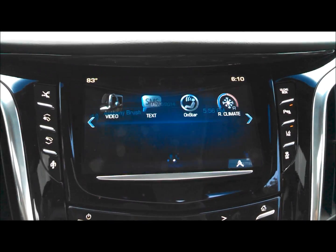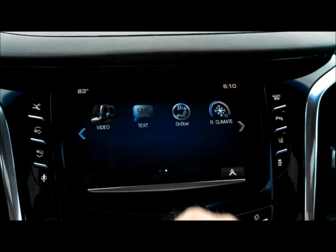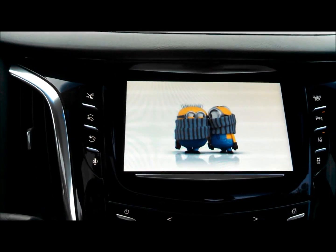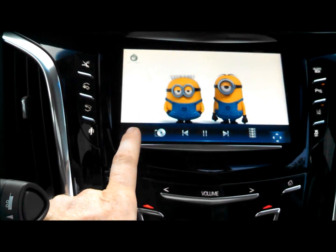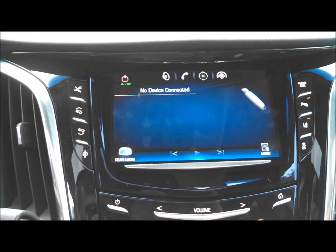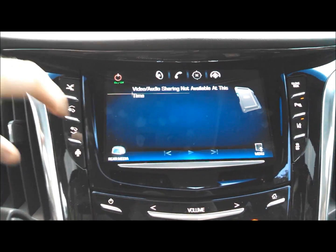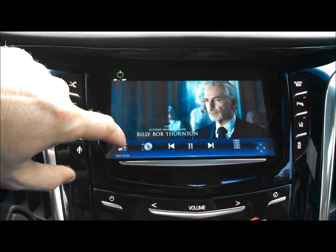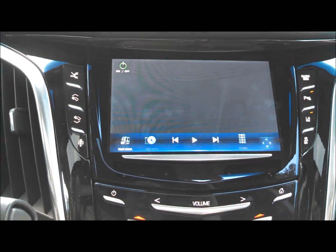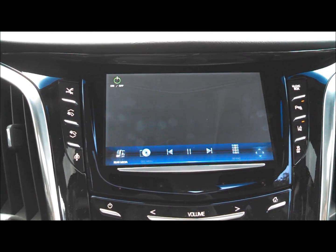Let me get back here and show you the other last goodie that we upgraded this vehicle with. If we go to our video icon, that's obviously our DVD, Blu-ray player. I'm going to click on this one last time. That would be your setting for your USB stick. Obviously there's your SD card. We showed that earlier. That works for the vehicle in drive as well. And last but not least here, this is our all new